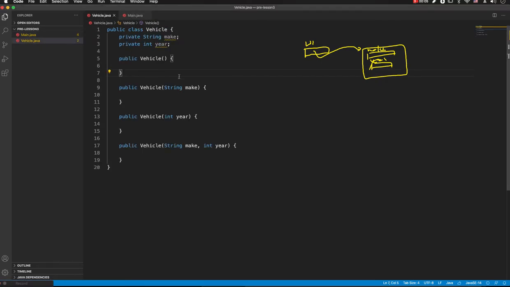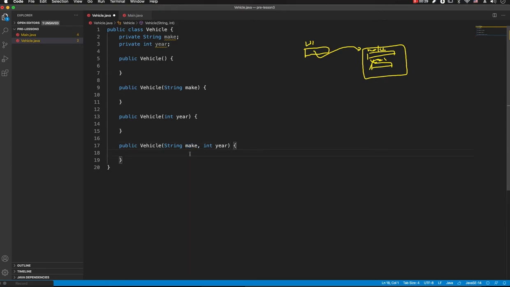Let's try to implement constructors. They are very similar in behavior, except for what you need to assign into the instance member. Since we have, for example, the last case, we have a name conflict between parameter and instance member. You can change the parameter name, or you may keep the same name using a special keyword,